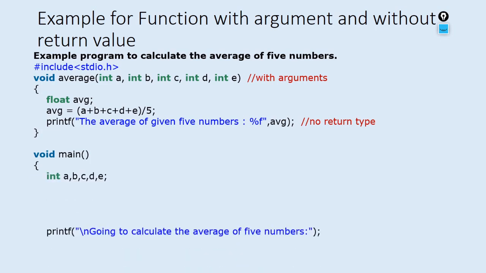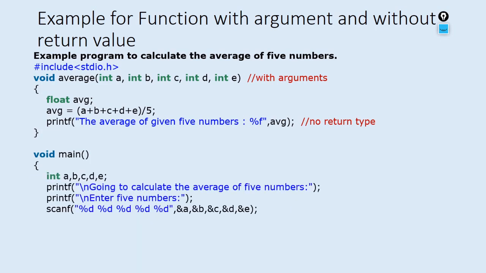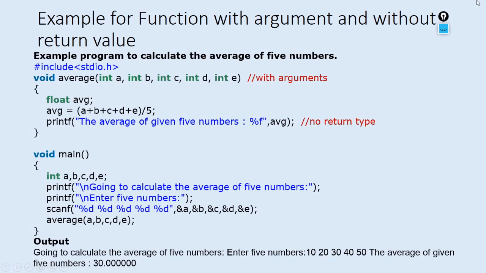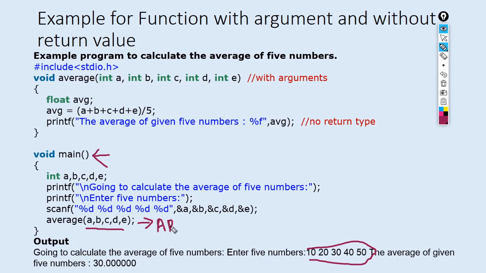Here comes the main function, and then we are giving the input 5 parameters, and these parameters are passed through the call of the function. That is, here we are giving the call average a comma b comma c and so on. So these values are passed. So this is nothing but your out. So here we will see the execution begins from the main. These 5 values, that is 10, 20, 30, 40, these values are passed here, and whatever the parameters which are inside the call of a function, these are called as actual parameters. You can say it as actual parameters or actual arguments.